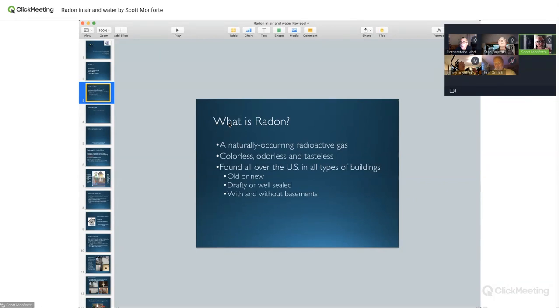Where I see it as a radon mitigator is a lot of these waterproofing companies that come in and leave the perimeter footing drains open. Radon can freely move in through there. If you're doing a home inspection and you see along the foundation wall a little shrinkage crack where the slab meets the wall, okay, it can come easily through there. It can come through floor cracks and through utility penetrations.